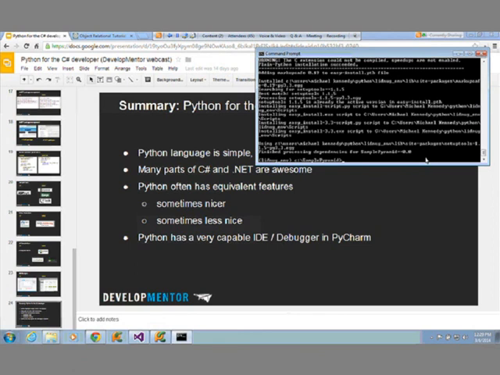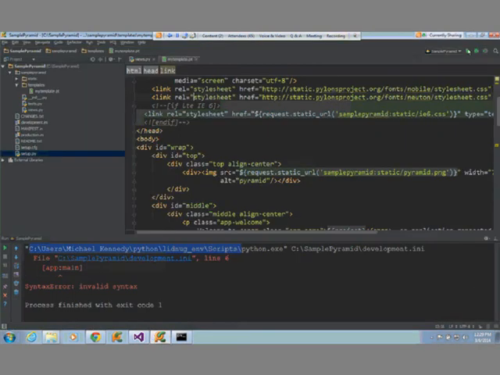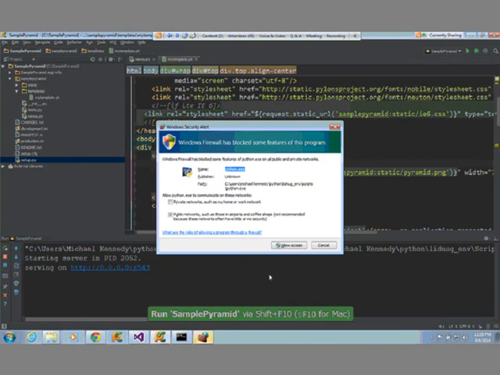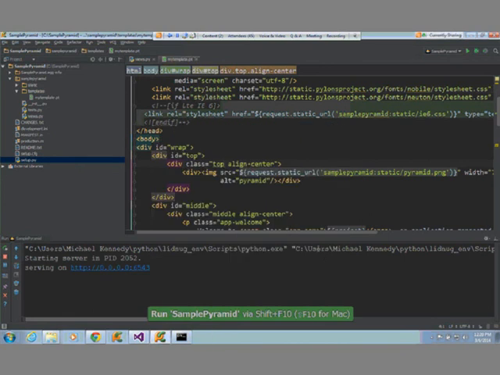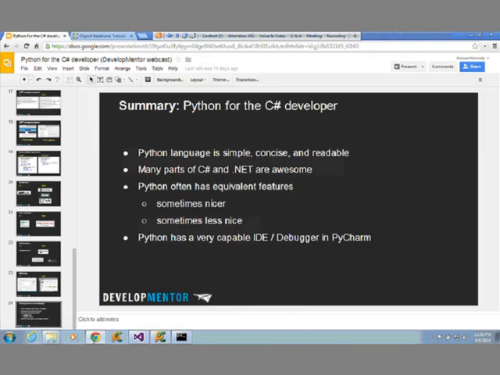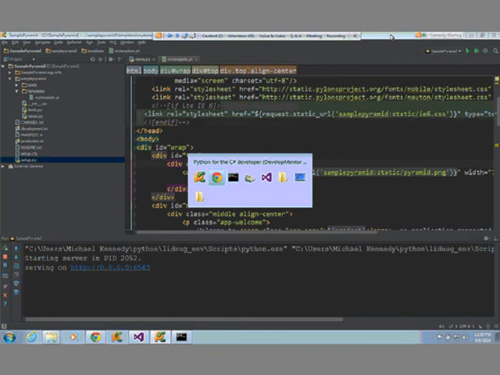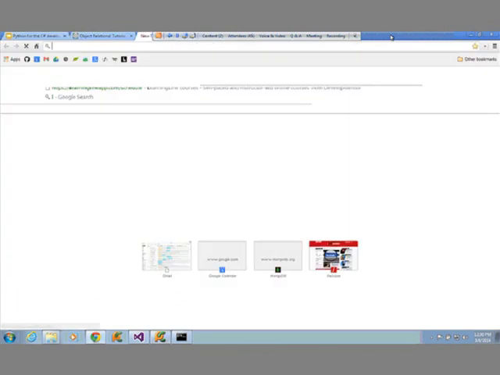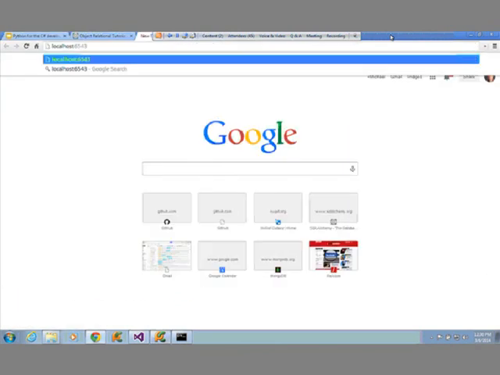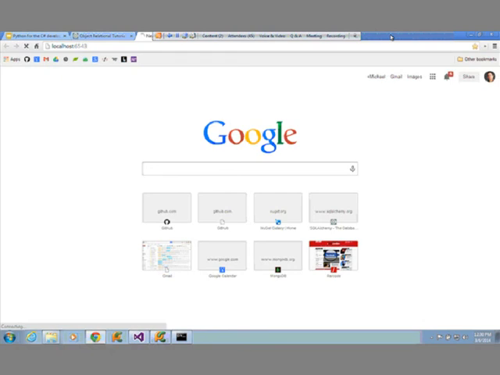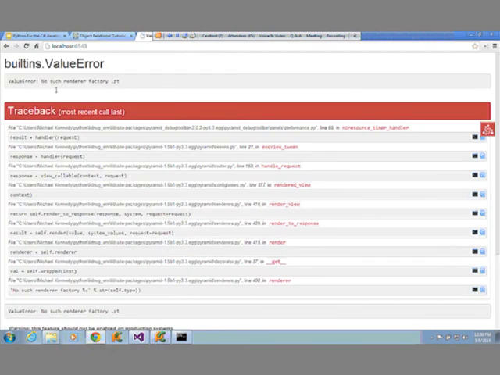Okay, final thing, I think I can show you our little web app here. Let's try one more time. Hey, look at that. Okay, so it should be running over here. It is. Oh no, I didn't click the link. 6543. I can tell it to launch this by itself, but I forgot to. So, dun, dun, dun, dun. This is not going so well for this guy, is it?